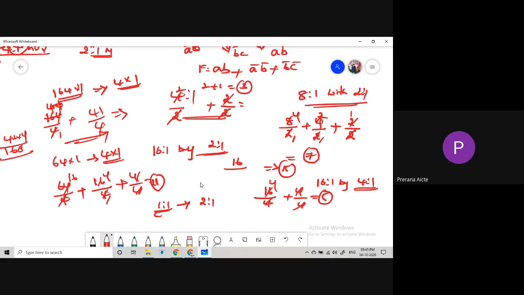Next question is, how many decoders are required to represent one decoder? For example, if you want to implement